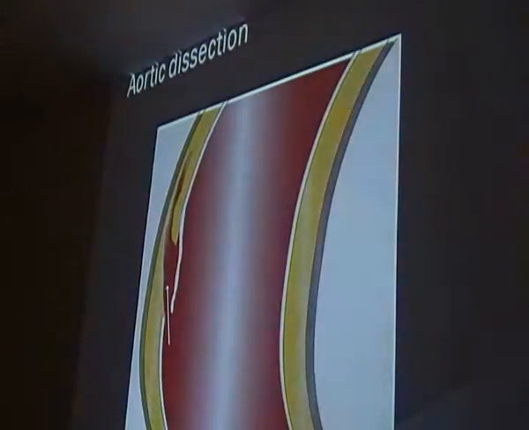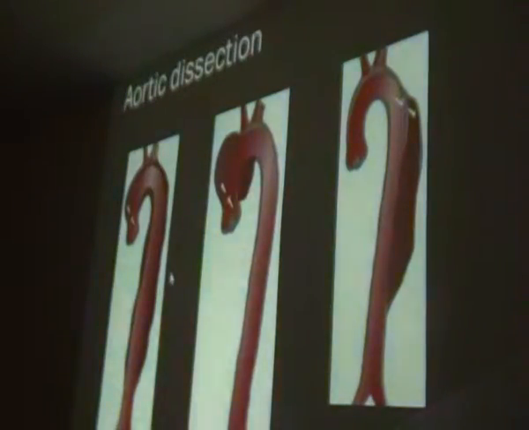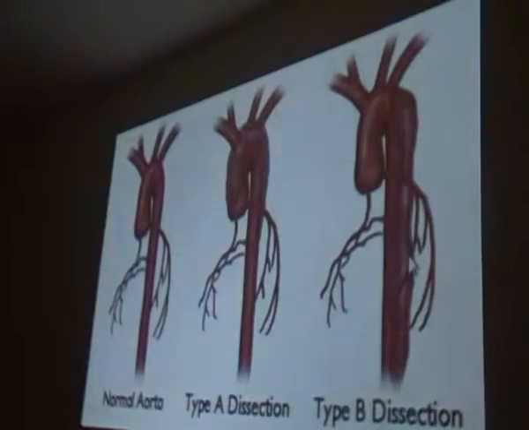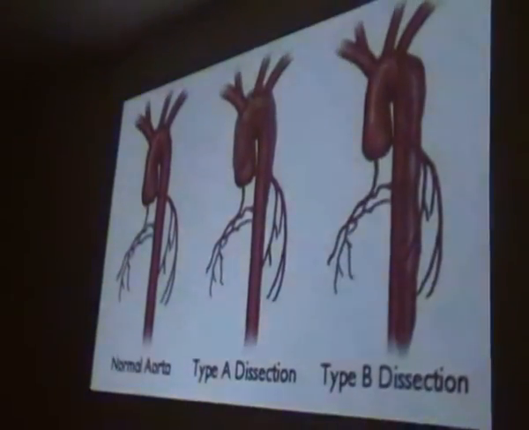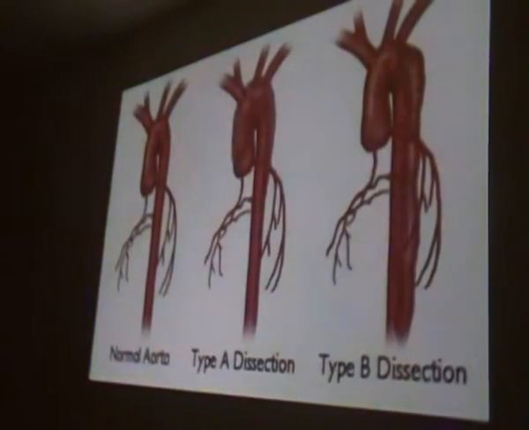So you can see a picture here. The blood flowing into the aorta wall. It can be different types. It can be initially blood here, then it flows into here. It can be only accumulating here, or just accumulating here. Some people even classify it into A and B. So this is aortic dissection actually.